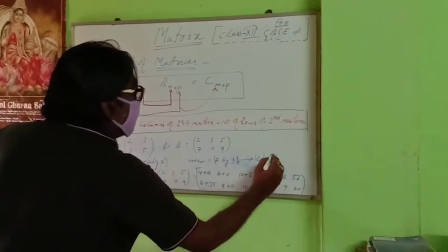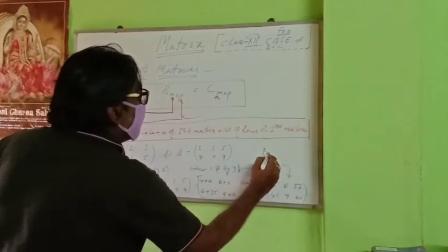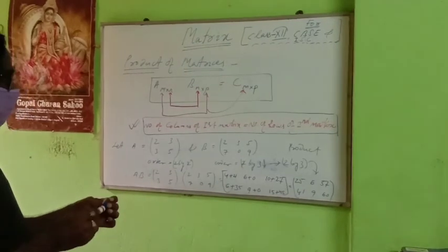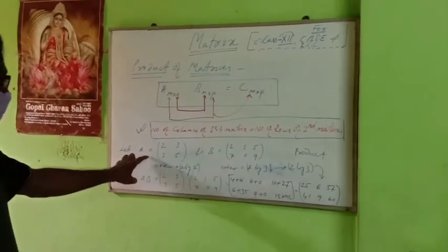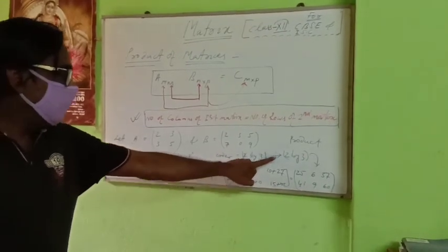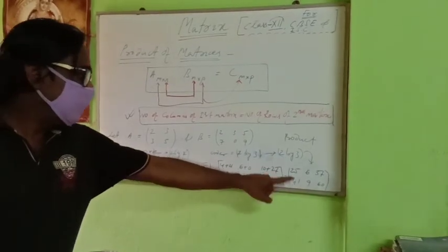That we are getting or not? Just to check. This is the product. Okay. The order of the product will be 2 by 3. I have taken A as a matrix of order 2 by 2, and B as a matrix of order 2 by 3. The result will be 2 by 3 because this will be cancelled out. 2 left and 3 left, 2 by 3. That you are getting, alright.